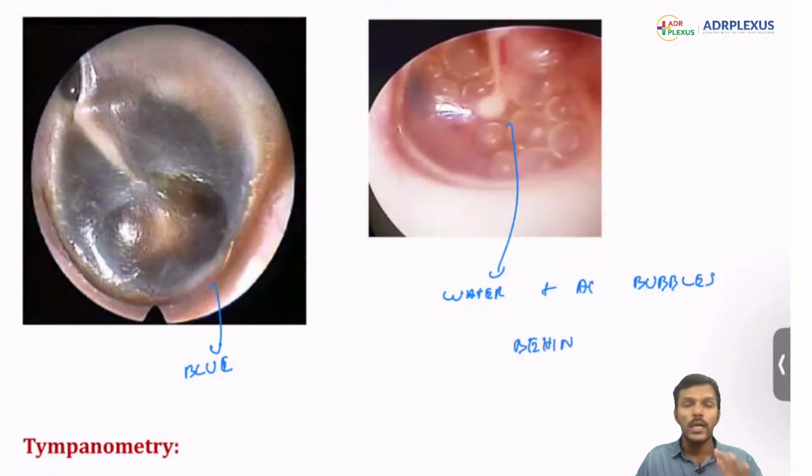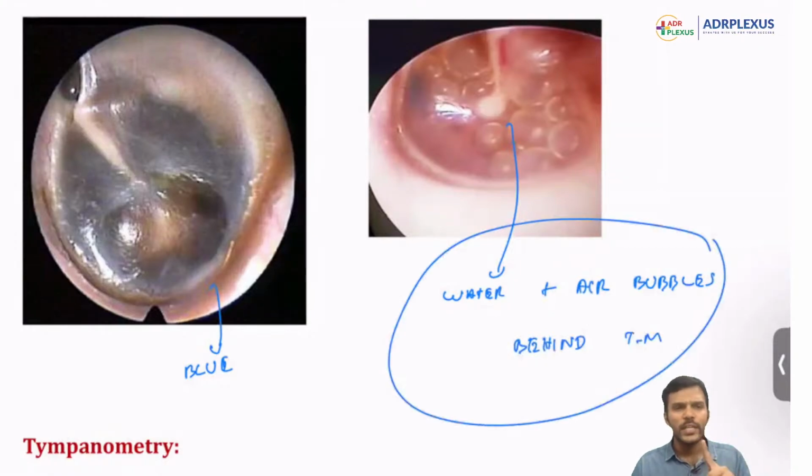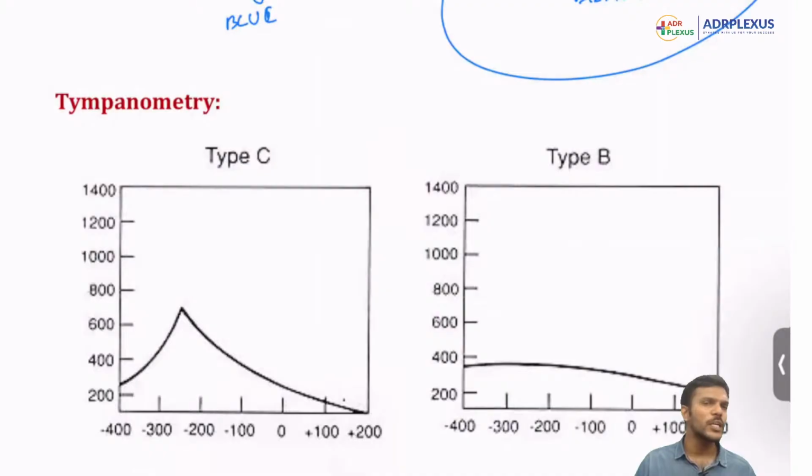Behind the tympanic membrane. Now, what is an audiometry? It's very important. Please don't dive into the thought that it is always type B. In the question, if they ask you, a child is coming to you with the complaints of hard of hearing or ear blocking sensation. No, not hard of hearing, ear blocking sensation. On seeing the tympanic membrane, you could notice a retracted